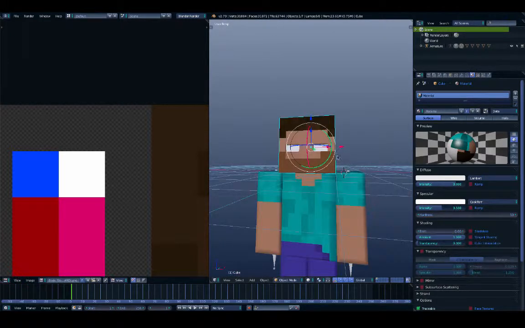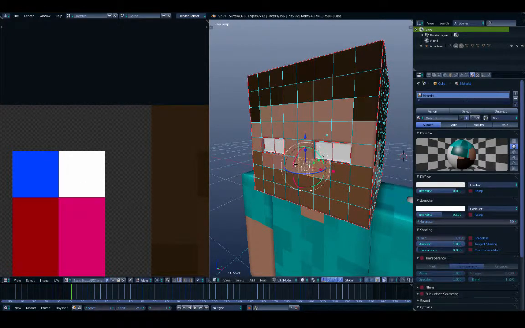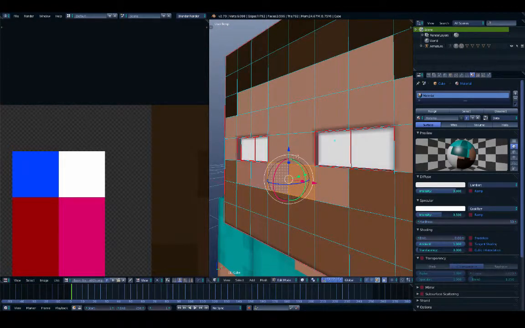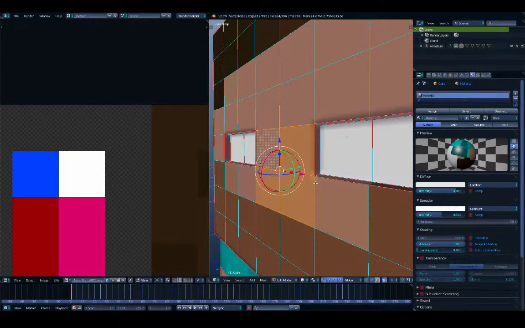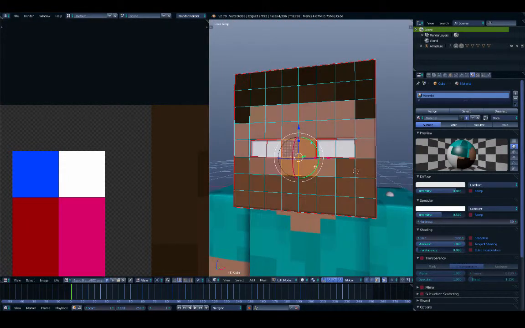Hope you understood that. But yeah, now I don't want a nose, but if you wanted a nose, you could select those 2 faces, or those 4, I guess, and then E to extrude and just extrude it out if you wanted a nose. But okay,